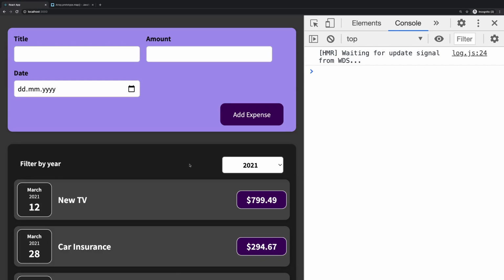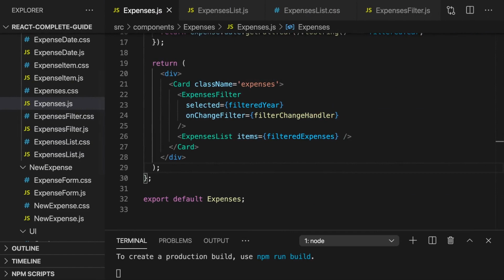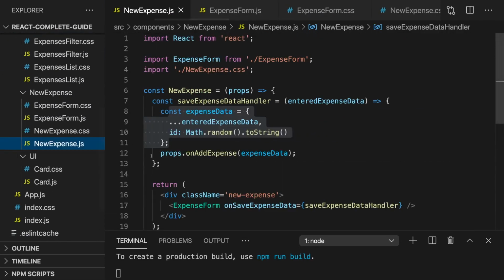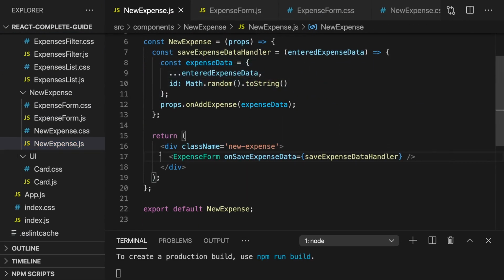So, did you succeed? Let's solve this together. We got this new expense component, and that's where we render the expense form. In the end, I want to render this form conditionally now. I want to make sure that it's only shown sometimes, and that in some cases, instead of the form, I'm